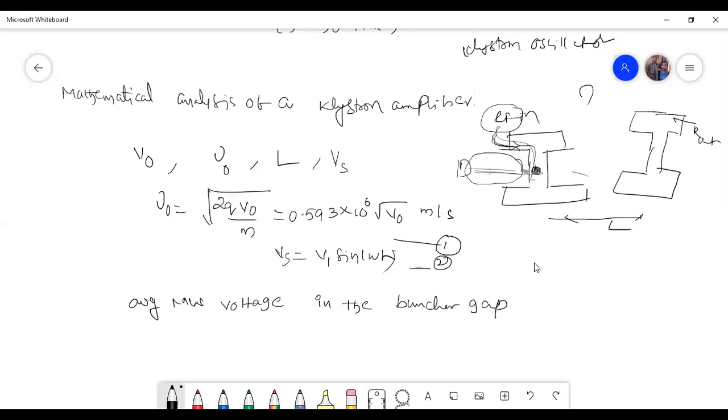Like that here also, the average microwave voltage in the buncher gap. The buncher gap, nothing but the average value, nothing but this one. Voltage is nothing but the signal voltage. So the signal is the RF signal, nothing but Vs. So I want to find the average value for this Vs. So I want to write the average value like this. So Vs is equal to 1 by